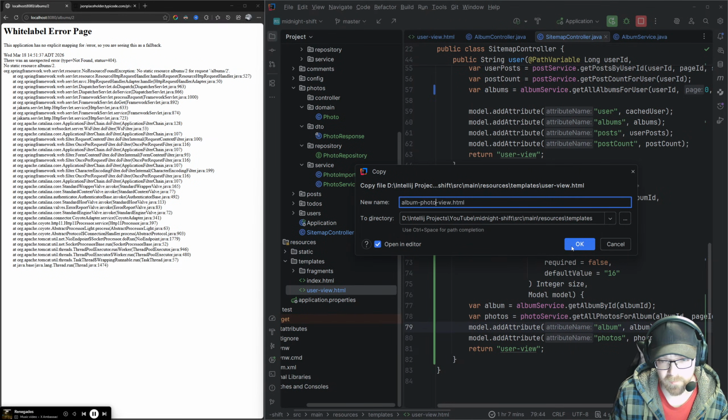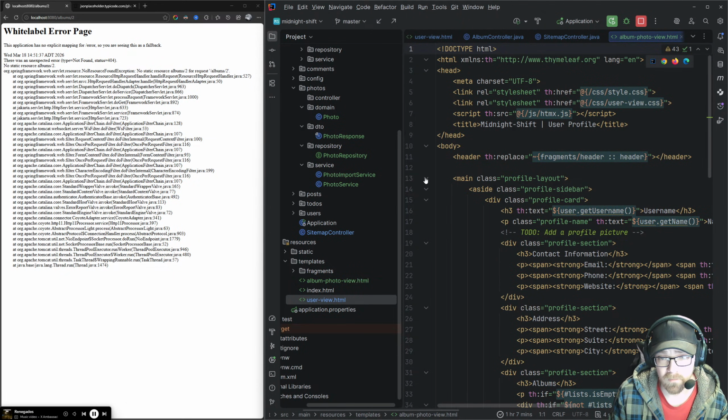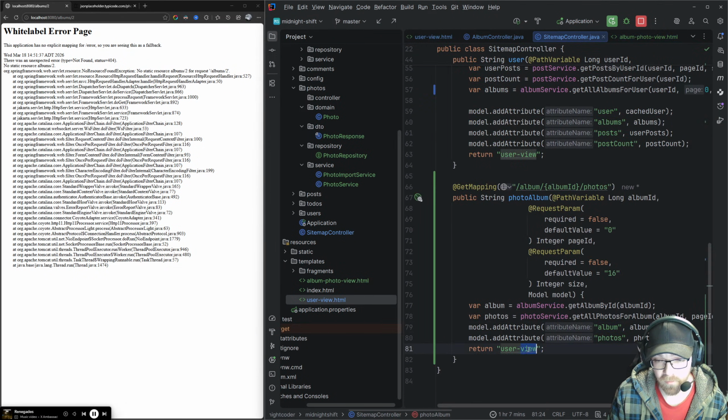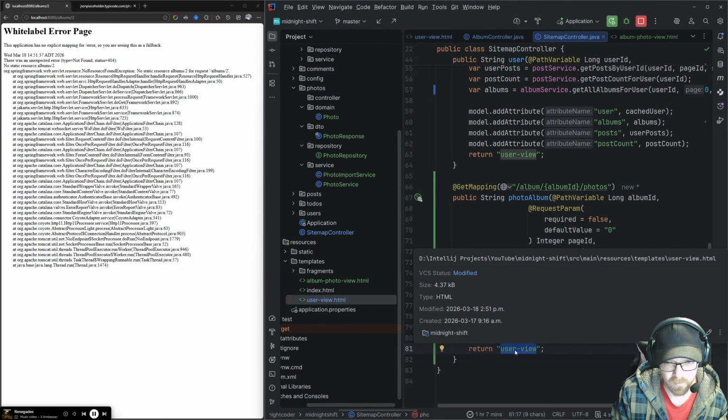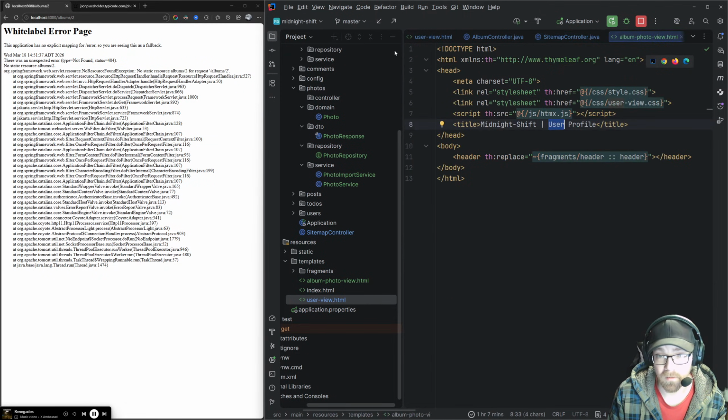So this will be an album photo view. Perfect. We'll add that. I'm going to keep the header for now. So this needs to be renamed to album photo view. There we go.